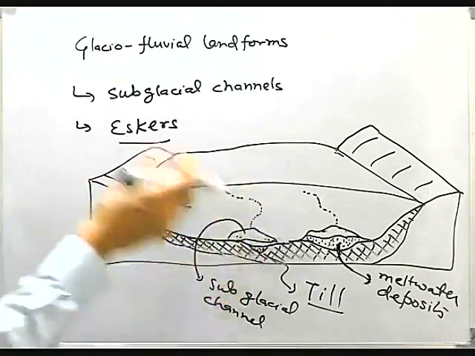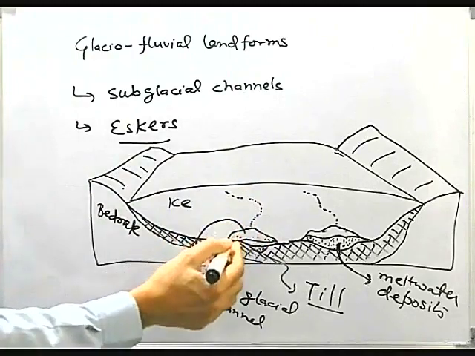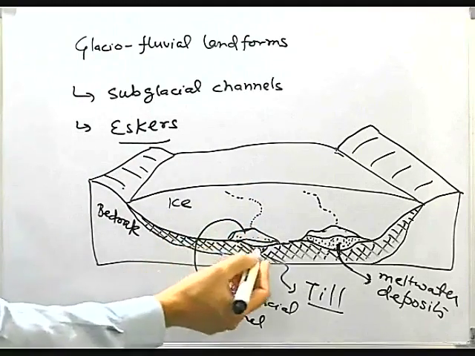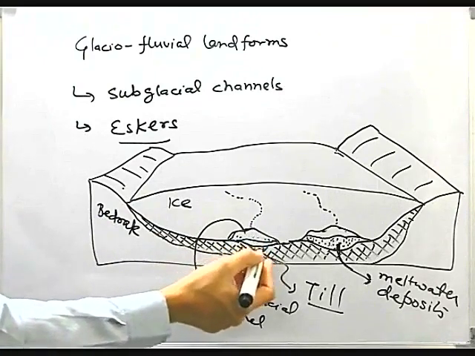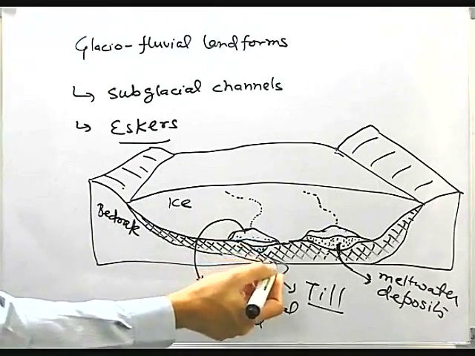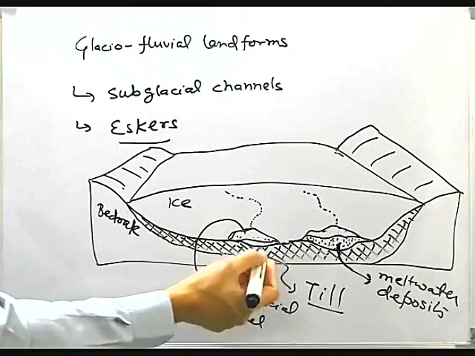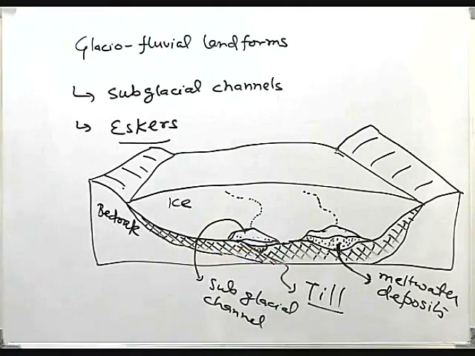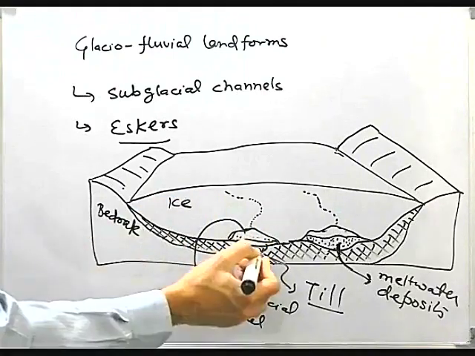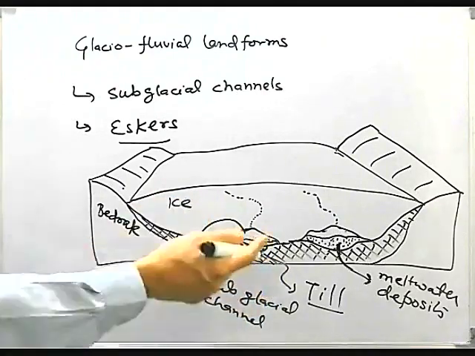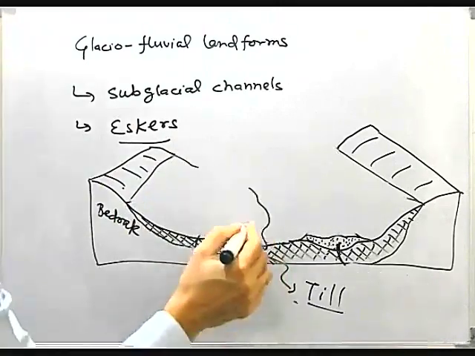and between the ice and the glacial sediments there are underground channels. Within these channels meltwater is flowing, and beneath the meltwater and above the glacial moraines or till there are deposits of sand, silt, sandy and silty material and gravelly material over here. This is better sorted than this till. Now when the ice is lost,